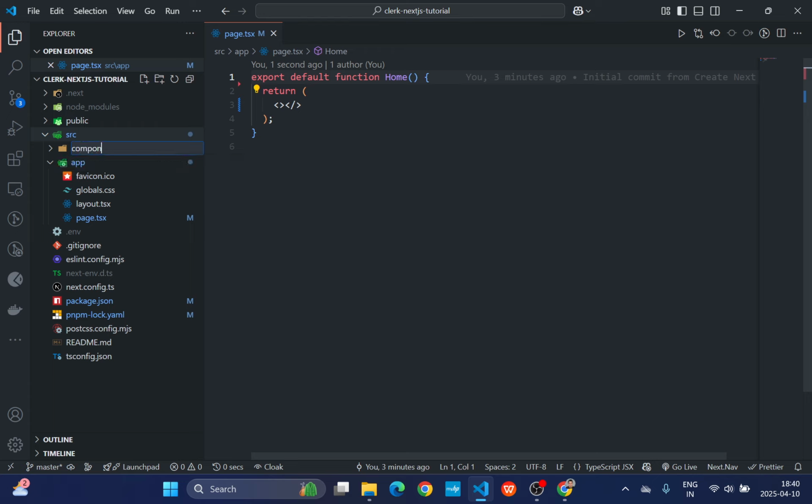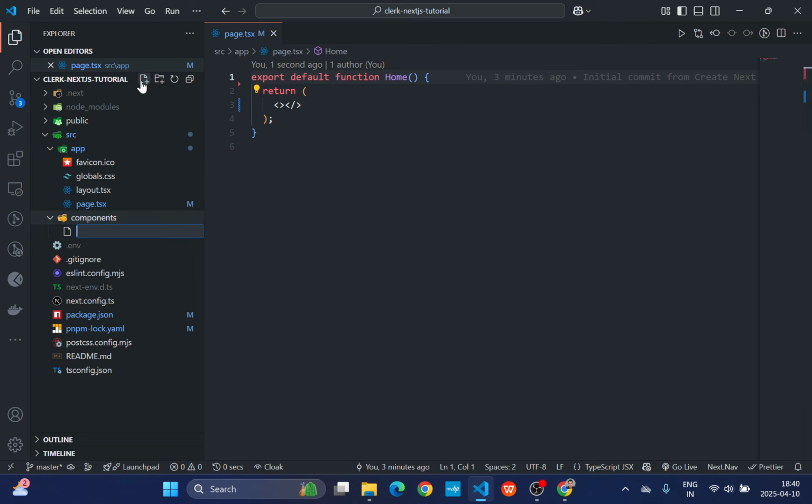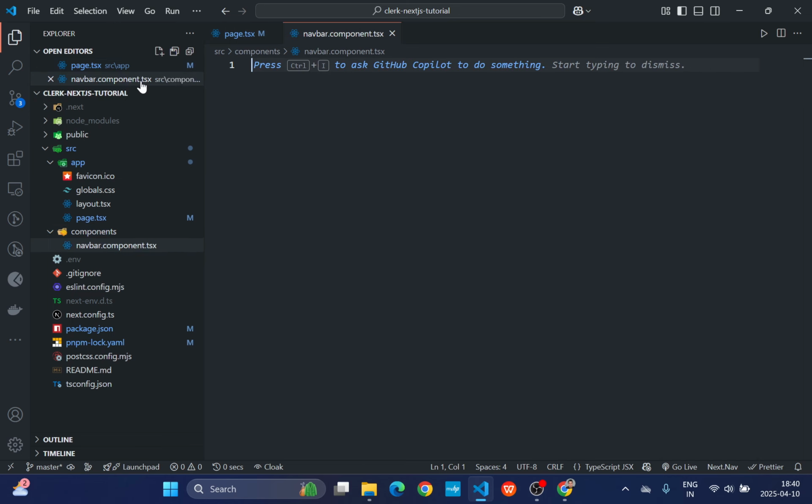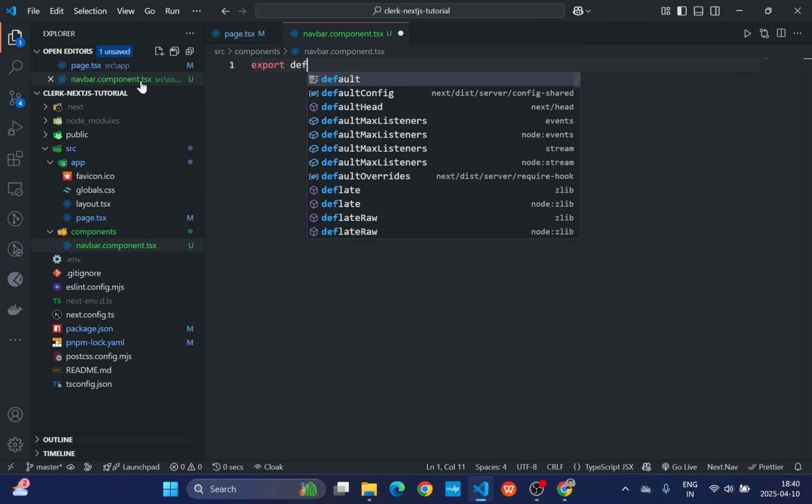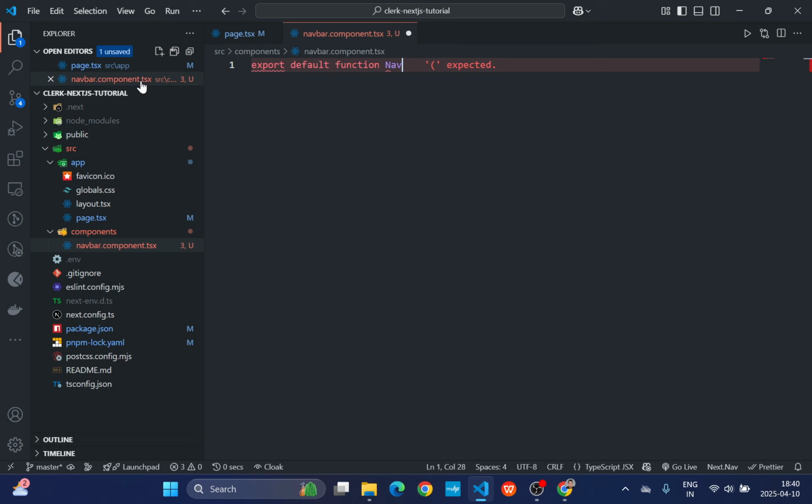So I'll create a components folder that will have my navbar.component.tsx. Now here I'll write export default function Navbar. And here I'll just return